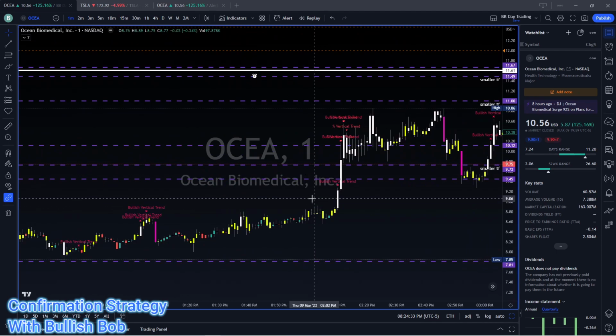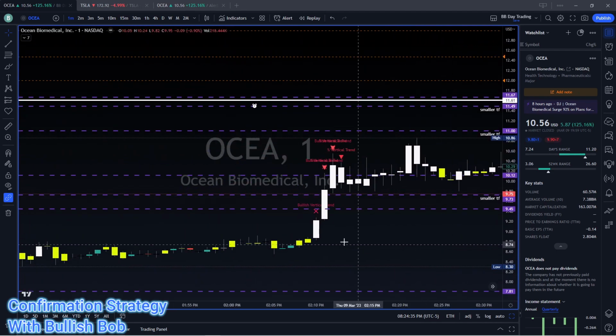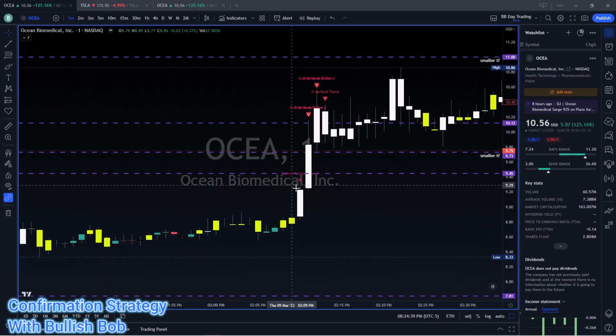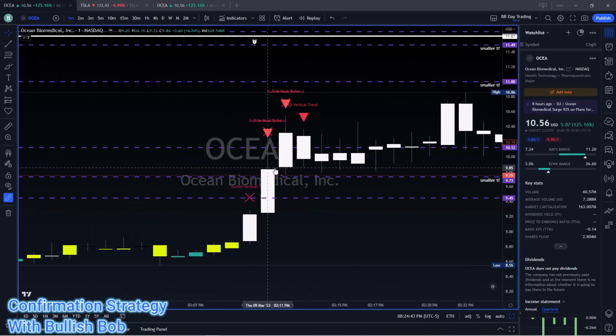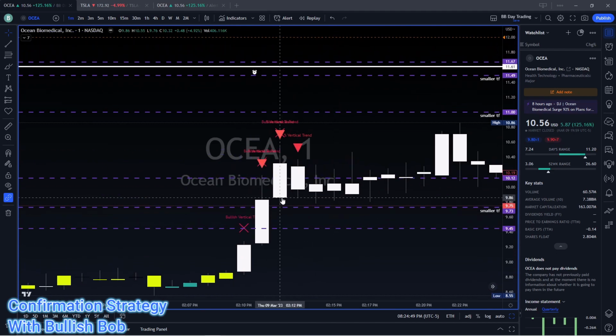Grinding up slowly, and then sure enough, we got that volume again. White candle. That means high volume. We got high volume here. It was a bullish vertical trend, but guess what? It didn't really care, did it? OCEA closed above that 945 level, closed also above the 973, held that 973 level, and then continued to hit